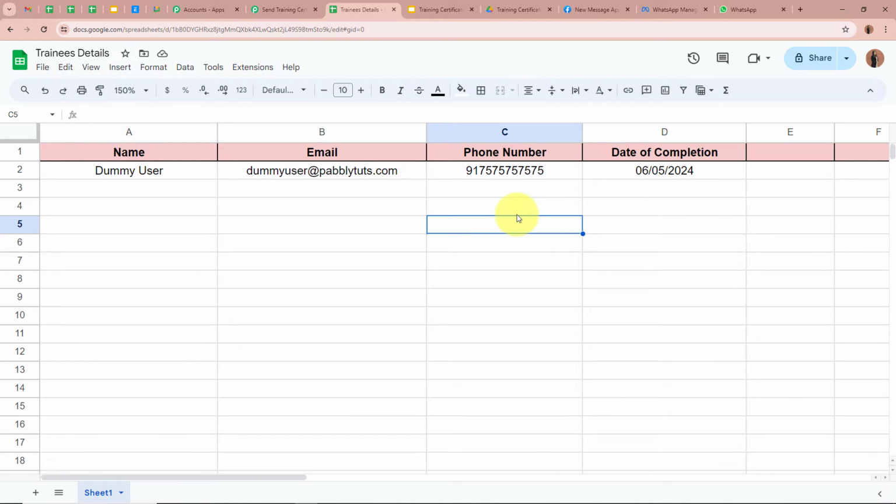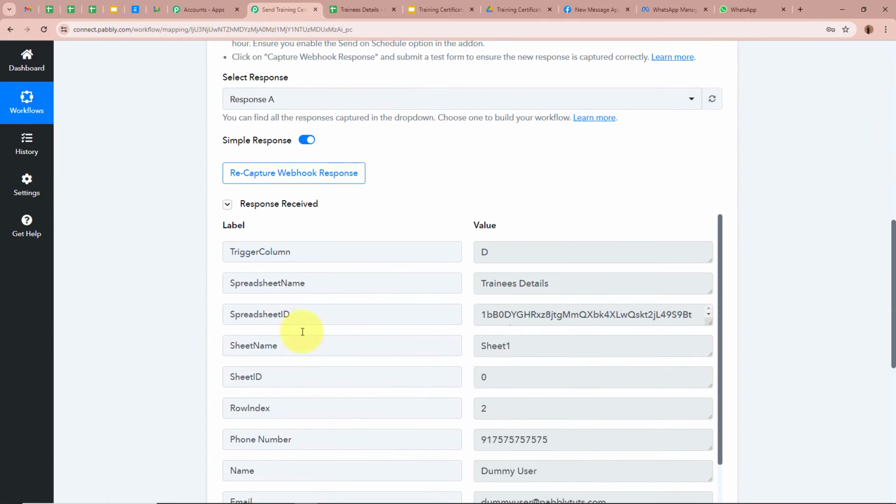So this is the date of completion that I've selected, and I've filled in all the dummy details in the spreadsheet. As I've filled in all the details, now I'm going to open my workflow that I've created with the help of Pabbly Connect, and check whether Pabbly Connect has captured the response of the data that we have just entered in our spreadsheet or not. For that, I'm going to open my workflow. I'm going to scroll down, and yes, as you can see right over here, response is captured